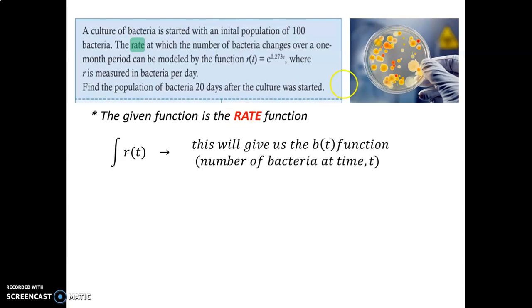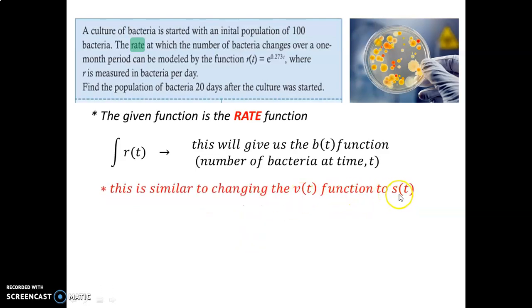Well, the integral would give us what I'm going to call the b of t function, which is the number of bacteria at a certain time function. Now I want you to think back to when we worked with velocity and position. If we took the integral of velocity, it brought us back to the position function. So velocity is like a rate of change of position. Velocity is speed. It's the rate at which position is changing. So if taking the integral of velocity brings us back to position,